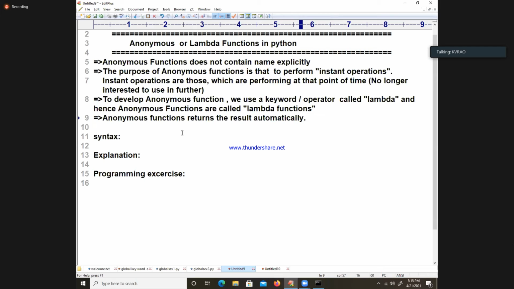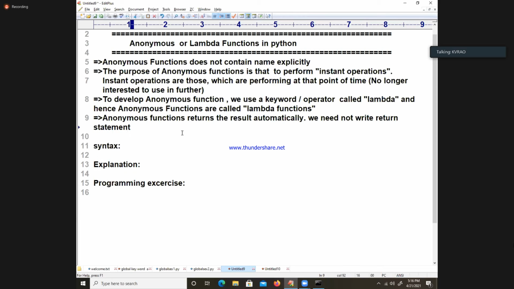That is, programmatically, we need not write the return statement explicitly. Automatically it is returned.